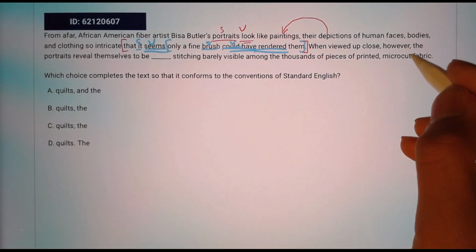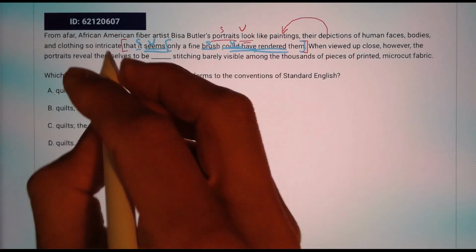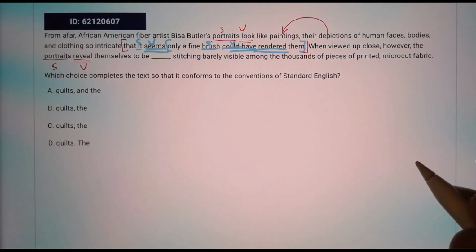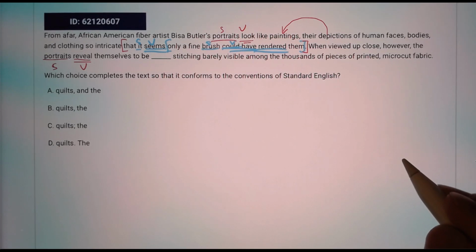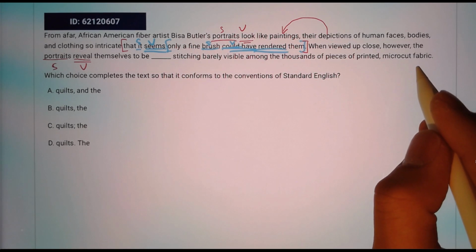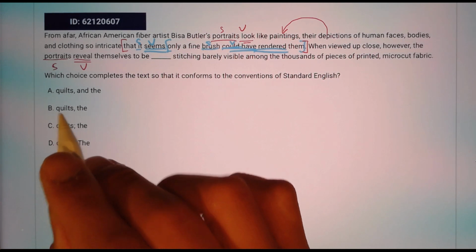When viewed up close, however, the portraits reveal, subject and verb, themselves to be quilts. The stitching barely visible among thousands of pieces of printed micro cut fabric. Guess what? That's not a sentence, so it's a phrase. And specifically, we have an appositive, the noun phrase that explains quilts. Basically, quilt is